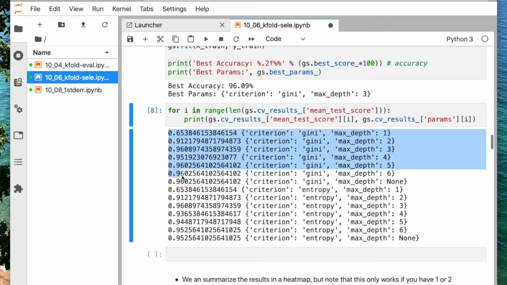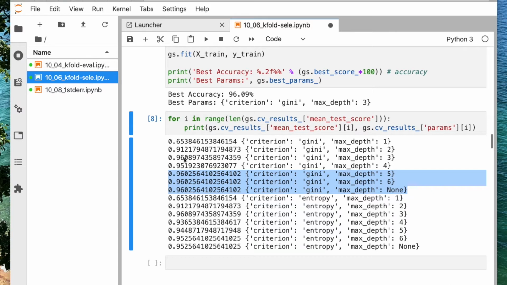And yeah, you can see here between those two there's actually a tie. So they get the same performance. Actually, all these get the same performance. And this one you can see is only slightly above these other ones. So it selected this one because it's slightly better. But you can see for the entropy, it gets actually the same performance. So entropy or Gini, it doesn't really matter whether you use one or the other. The reason why Gini was selected is because it's first in this list here. In scikit-learn, if there's a tie, it would always select the first item in the list.